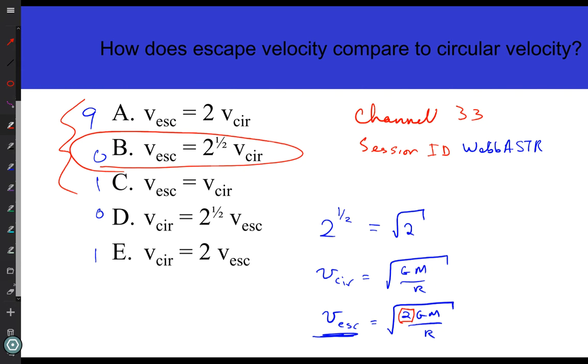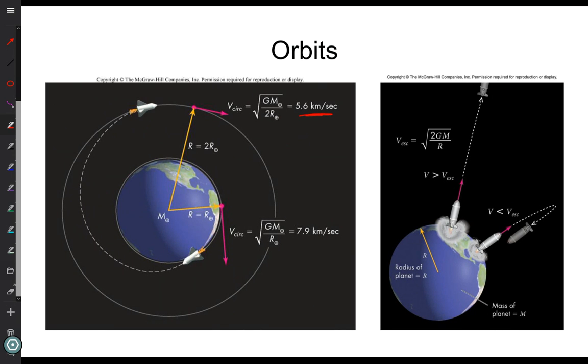Now, one more thing on this. I had the picture with the rockets that I skipped over. When NASA launches a rocket, it doesn't have escape velocity as soon as it leaves the launch pad. It goes up in speed and continues to burn and continues to increase its speed until eventually, at some altitude, it reaches the escape velocity for that altitude, and then it's free to go. So they're not going at 11.2 kilometers per second at the surface of the Earth. They're not going 11.2 kilometers per second at the time when they reach the escape velocity, because as you get farther away, escape velocity is slower. But they probably exceed it eventually anyway.